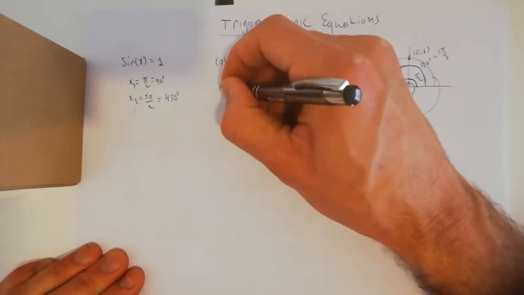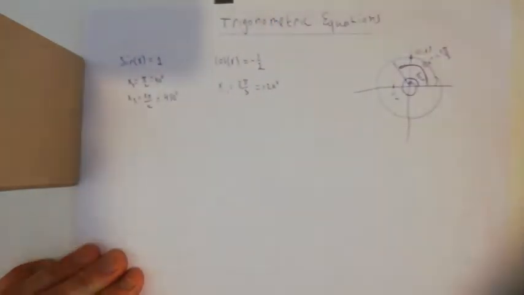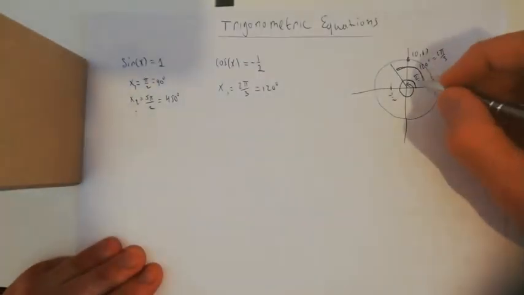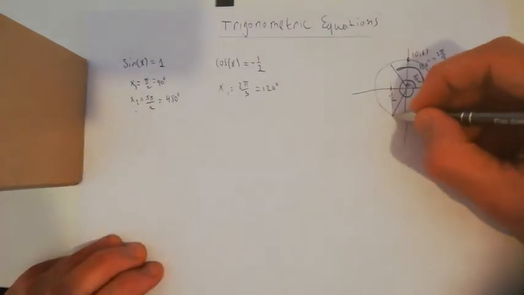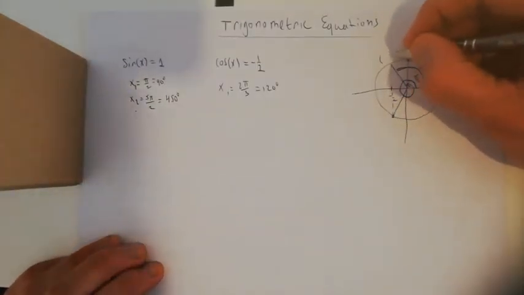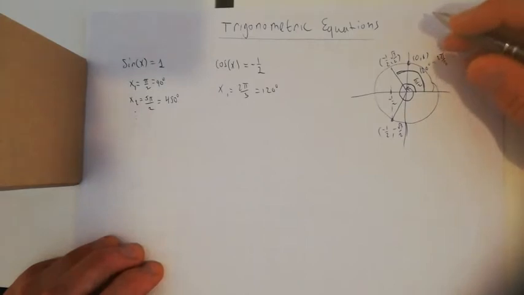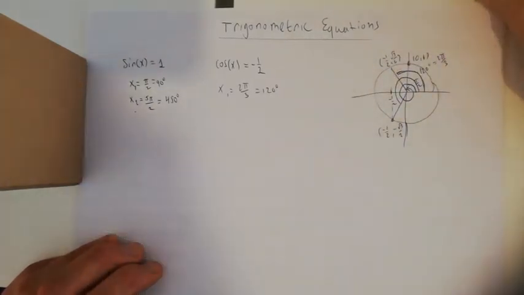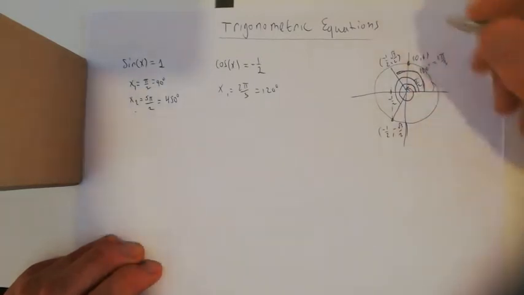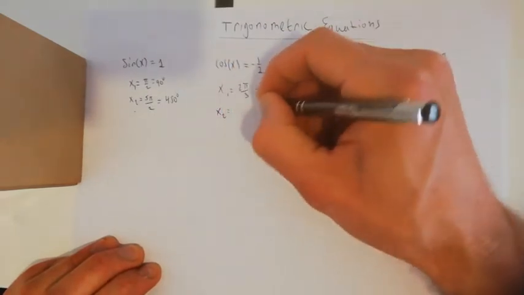Therefore, x is equal to 2 pi over 3, or 120 degrees. Then there is another angle, of course. This point here, for example, is minus half, root 3 over 2. This point is minus half, minus root 3 over 2. Therefore, this angle is also an angle whose cosine is minus half. This angle is 180 plus 60, that's 240 degrees,